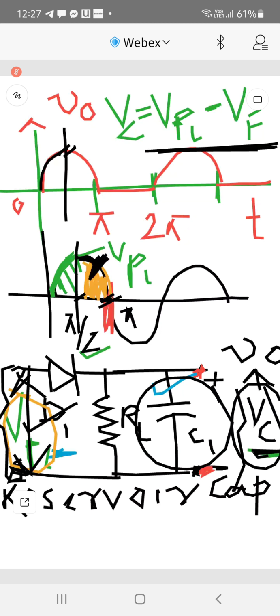But if it is the other way round, that both the P terminal and the N terminal are getting positive voltages, but the N terminal is getting a higher positive voltage compared to the P side, then we can say that the diode is in reverse bias. It is not only positive and negative, but because of relative voltages across the two terminals of the diode, you can say the diode is in a state of reverse bias. Am I clear, students? This is the concept we are going to use here.